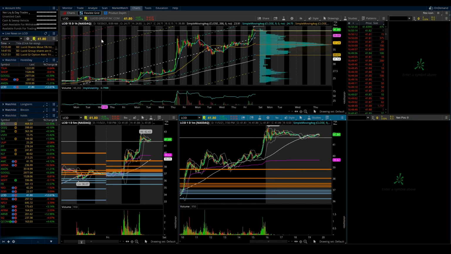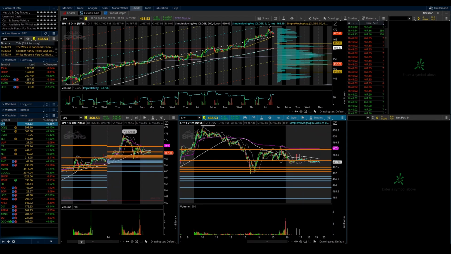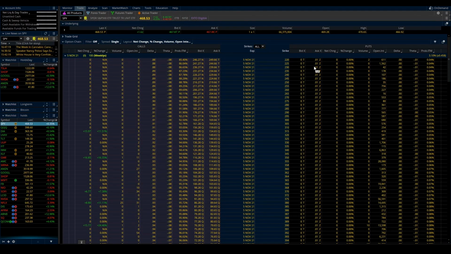So with that settled, you link these. I was looking at Lucid. Let's go back to the SPY. And then I usually put my time and sales here. And then I also link the same thing with my level 2. And then down here, you might think I would do yellow, but no, I do lilac or whatever color you would like. And the reason being is that if I want to trade the SPY, let's say